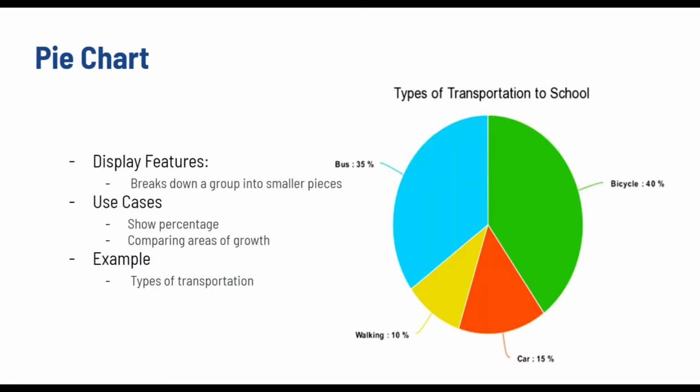Pie chart. The pie chart breaks down a group into smaller pieces. It shows part-whole relationships to illustrate numerical proportions. To make a pie chart, you need a list of categorical variables and numerical variables. It is very useful for displaying nominal or ordinal categories of data, to show percentage or proportional data when comparing areas of growth within business, such as profit. The chart you see here represents the proportion of types of transportation used by 1,000 students to go to their